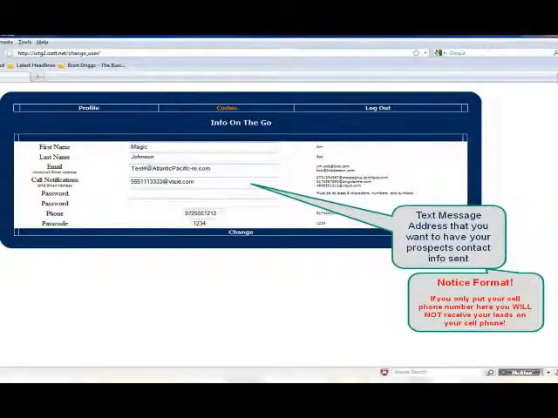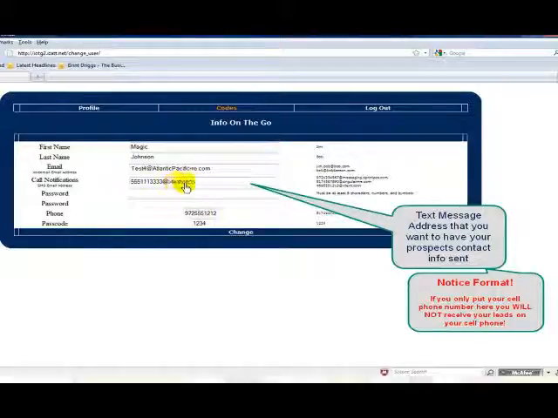It recognizes you have to have the correct protocol format. So here's what you need to look at and make sure you understand. The cell phone number is this. You put in your cell phone without hyphens, at, and then every cell phone carrier has an email address that